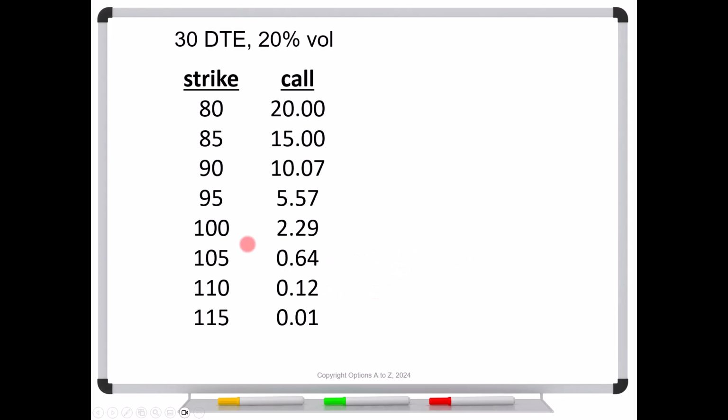Now, would I consider buying the 100 for $2.29 and selling off the 110 for 12 cents? No, that's only 5% of $2.29. And yet some traders will say, well, hey, 12 cents is 12 cents. You might as well reduce the cost. And they're not realizing that comes at a cost. And the cost is that you are selling off the tail. Is it worth it to collect 12 cents to sell off that tail?